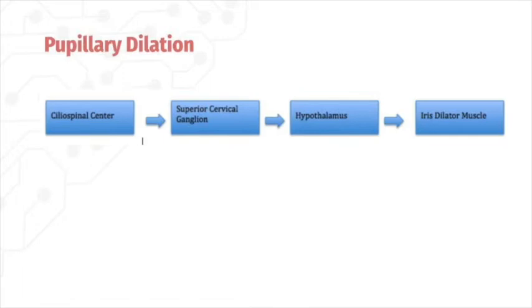Postsynaptic neurons travel down through the brainstem and finally exit through the cervical sympathetic chain and the superior cervical ganglion. They synapse at the superior cervical ganglion, where third-order neurons travel through the carotid plexus and then reach the hypothalamus, which enters into the orbit through the first division of the trigeminal nerve,